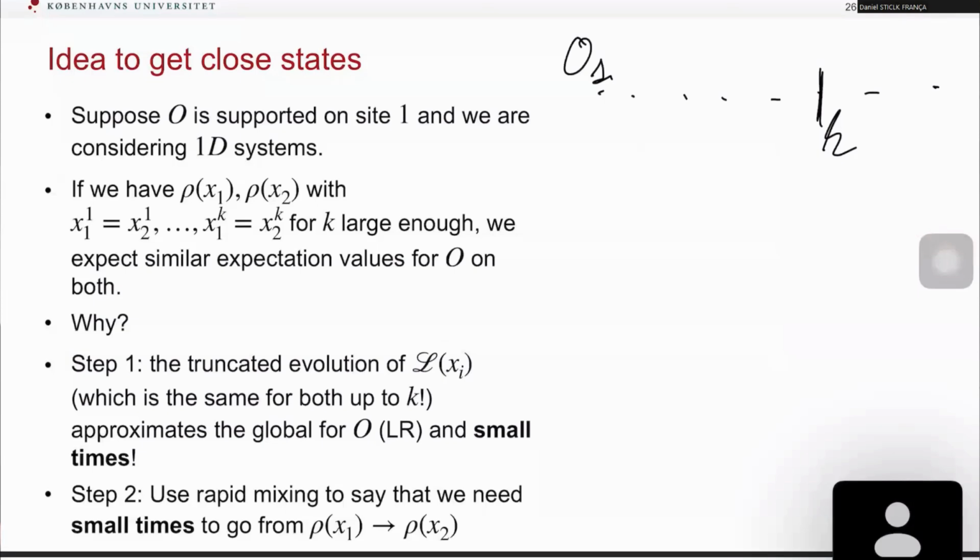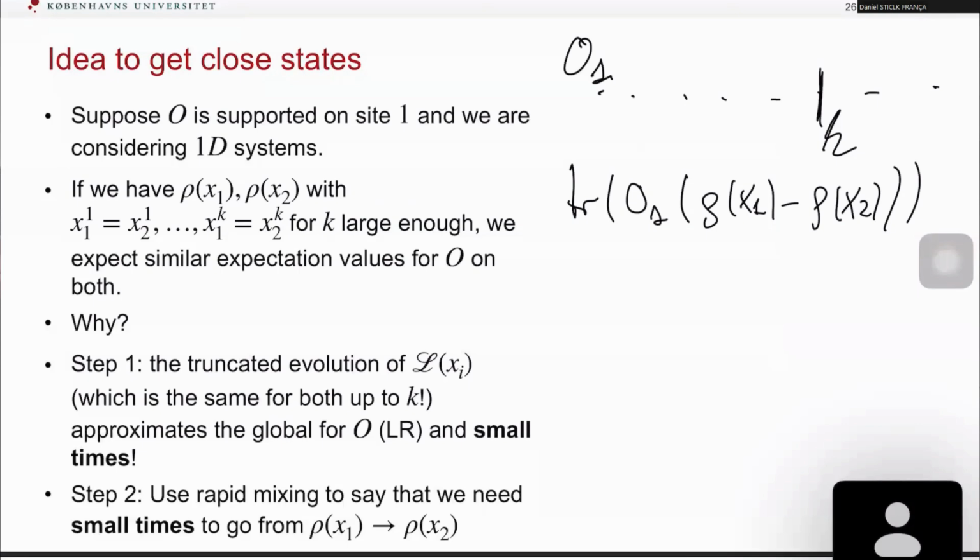How do we show this using the definitions we had before? Well, we're going to do it as follows. So imagine now we are looking at trace of O1 times (rho x1 minus rho x2). And we want to show that this thing is small. We want to show that if they agree on k sites, then they're going to be similar. How do we get that? Well, we know that this guy, if we apply Lx1